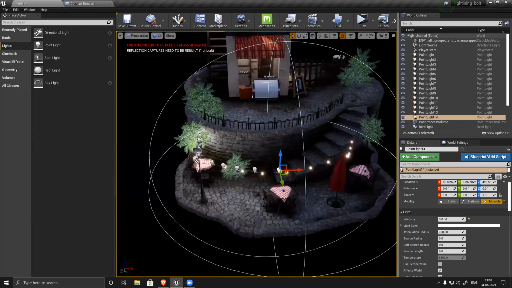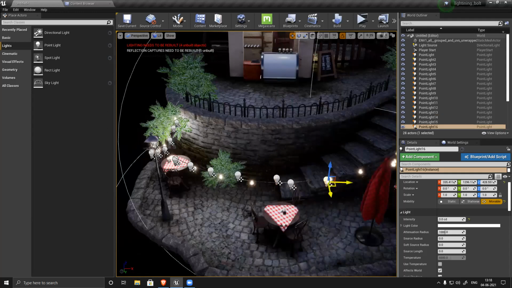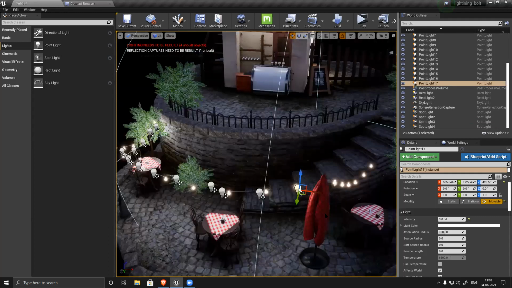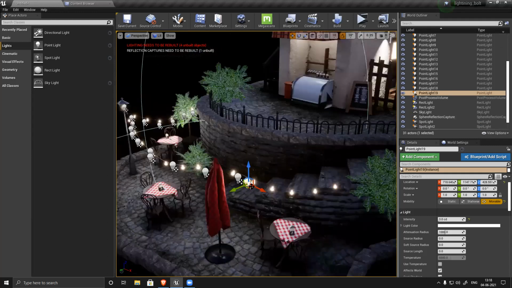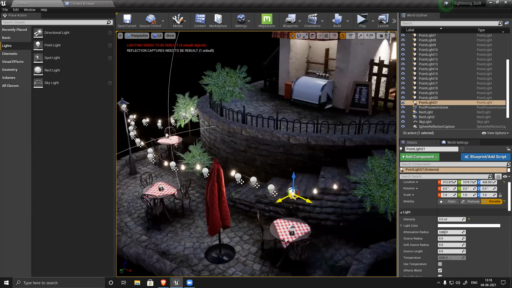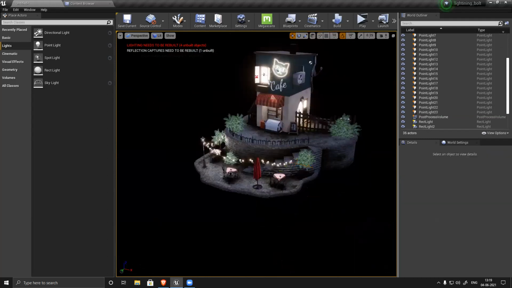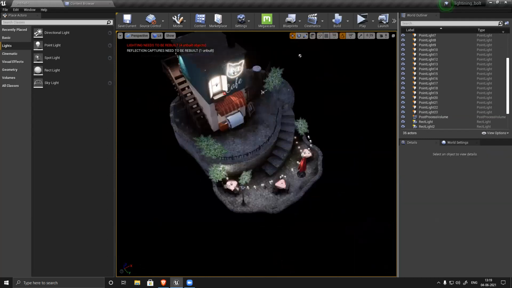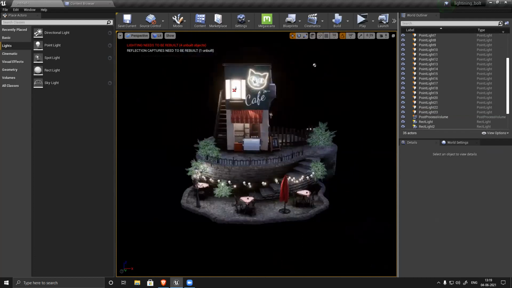This part, there's no light, so it's a little darker. So I have to align it properly. So like this, you generate all the lighting for each part.